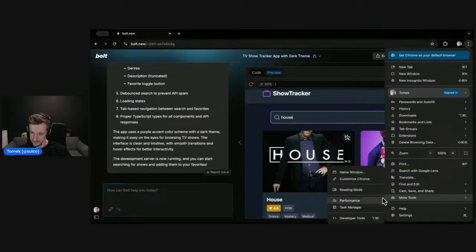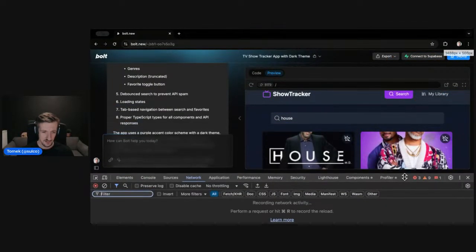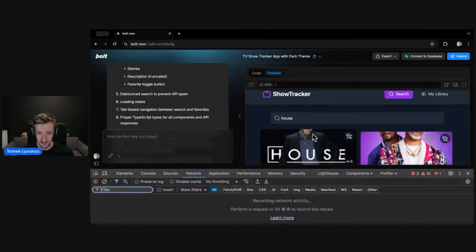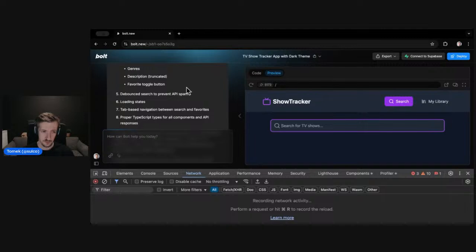You can find it in the browser here, or by pressing F12. There are a lot of things here, but one place that is very useful if you're working with third-party APIs is the network pane. In our case, we didn't have any issue, but if you had an issue and Bolt doesn't show any error, you could start another search. This is important: it only records the new requests after you search. So let's search for